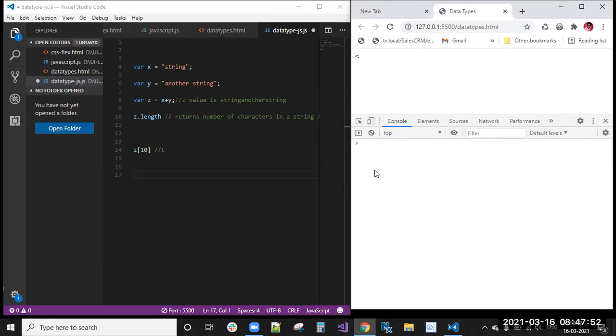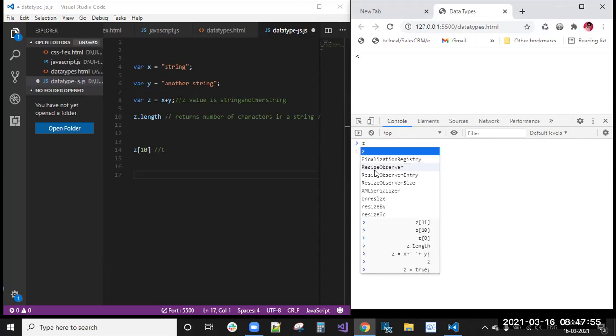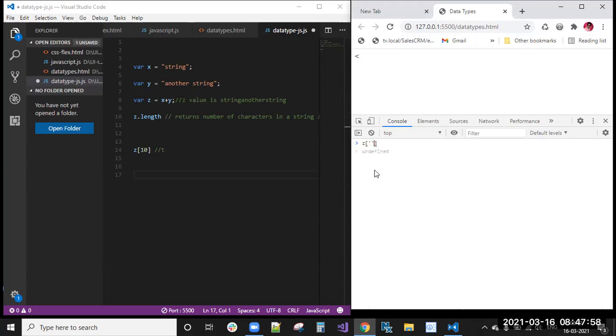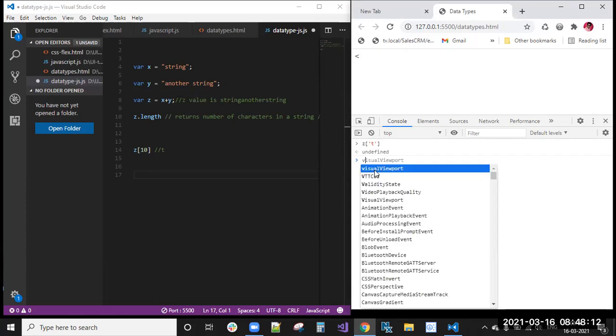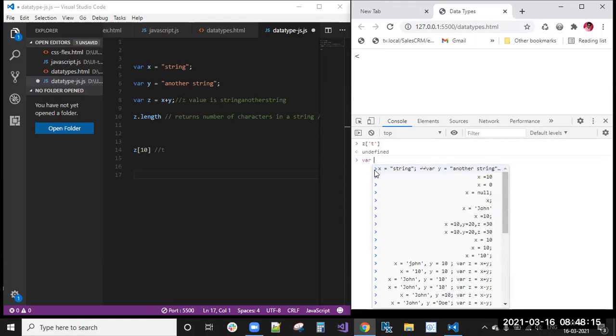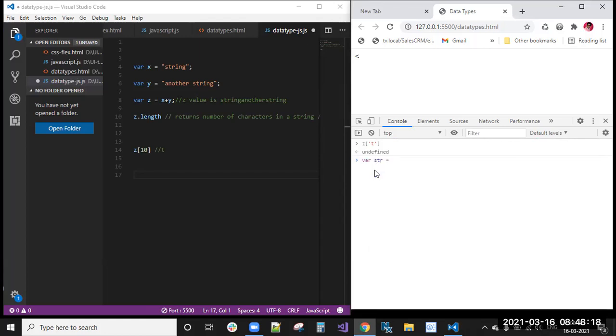Now by using the letters also, we will search the index. Here, get of T, if I enter this, sorry, it will not give you. So you want to know that, that means we have one more. I'm declaring one more string, where str equals this is the string to generate. Right? Another string.